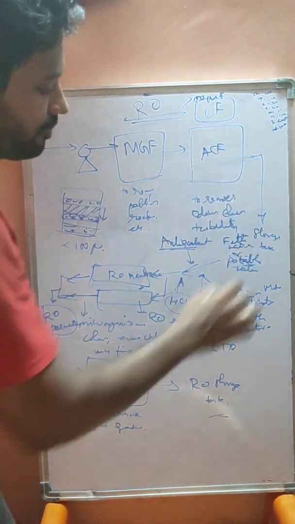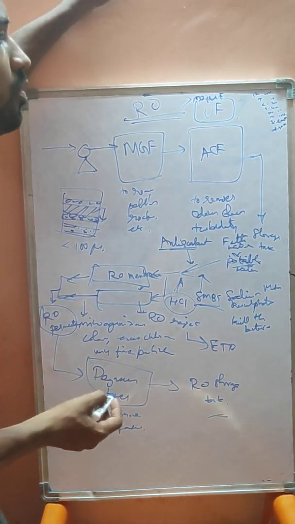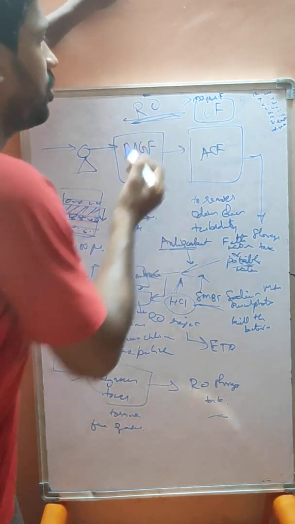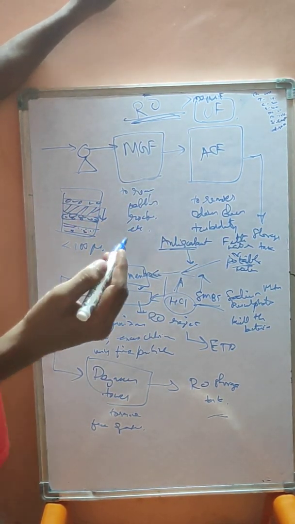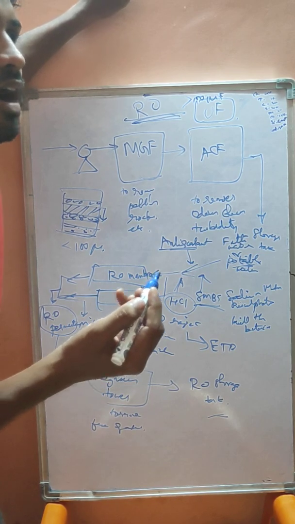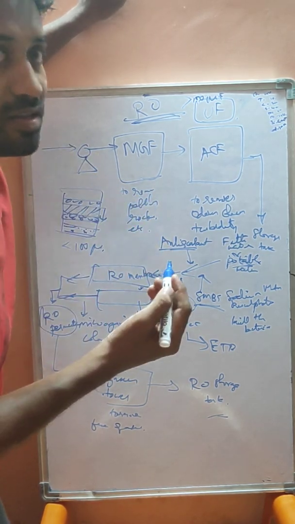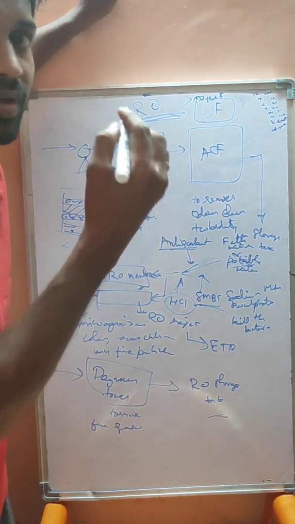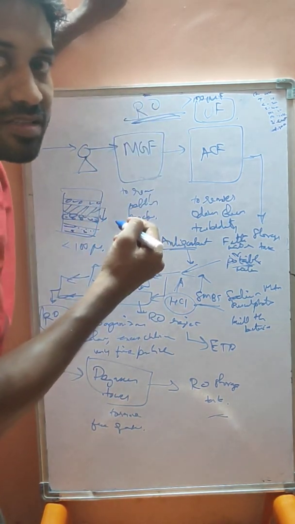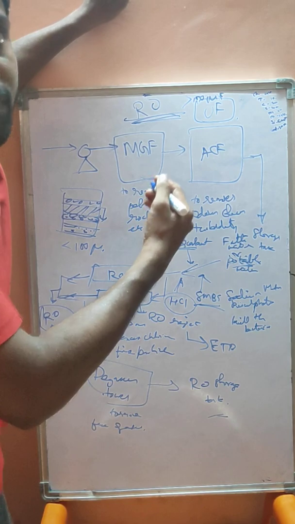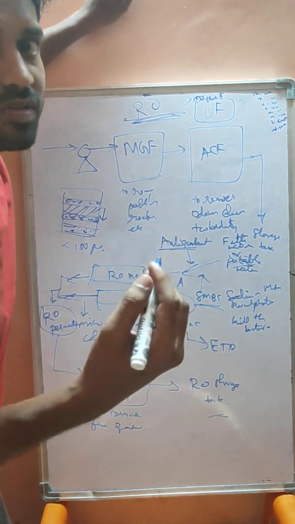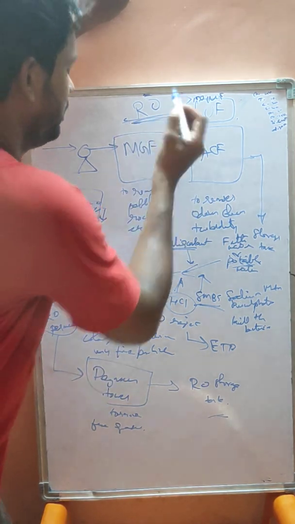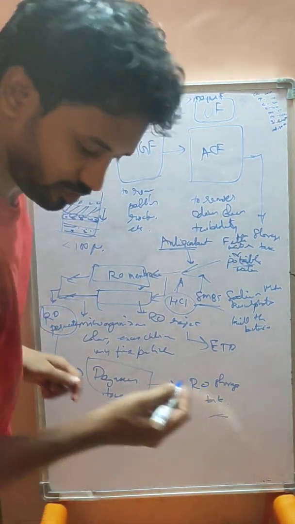So I explained the flow chart. Now I'll tell you what reverse osmosis is, the concept it works on. The concept is that RO technology separates the solid particles from the highly concentrated side and delivers the dilute side, which is the pure water that is needed. I'll explain. Just a minute.